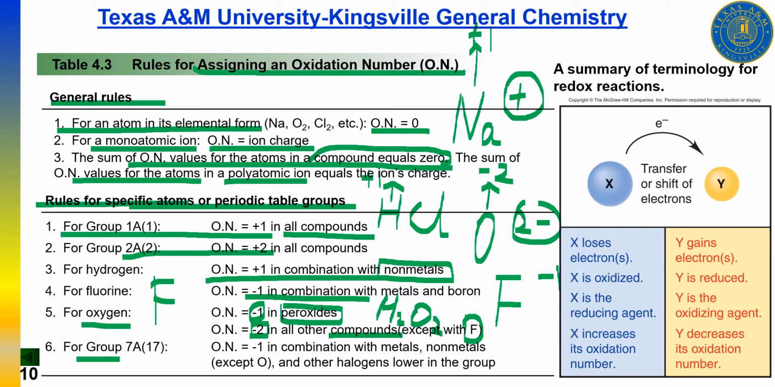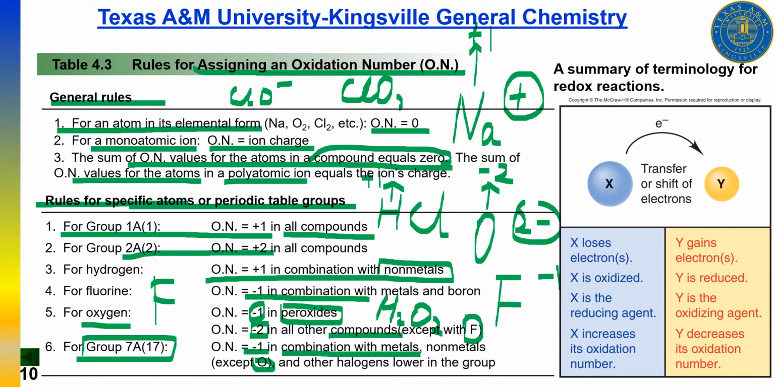For your group 17 or 7A, the halides: fluoride, chloride, bromide, iodide. All of these, when they combine with metals, are normally -1, unless they combine with oxygens, such as hypochlorite, chlorite, perchlorate, such as this ClO negative,